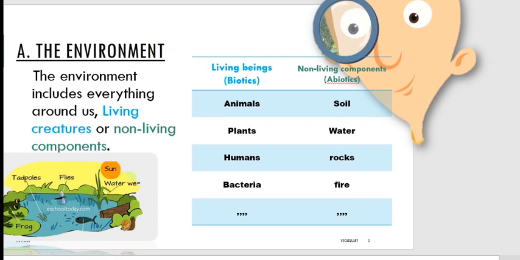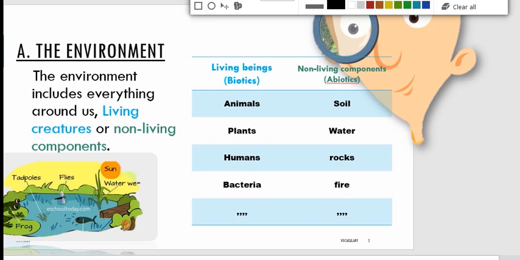First, we need to know the definition of environment. The environment includes everything around us, living and non-living creatures. How can we define this? Living creatures, living beings, we call them scientifically biotics. Non-living components of the environment are called abiotics. So these are living beings: animals, plants, humans, bacteria. Here there's a picture in which you can see the living beings or the biotics in this